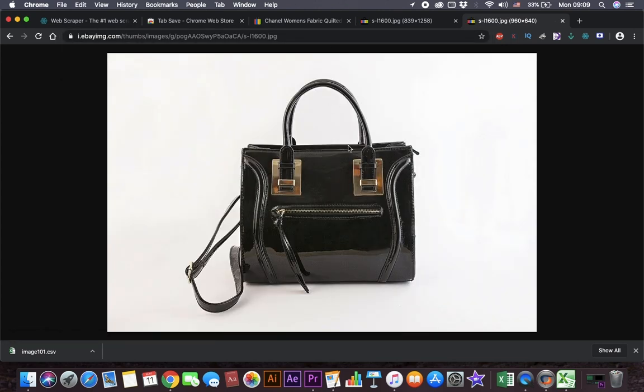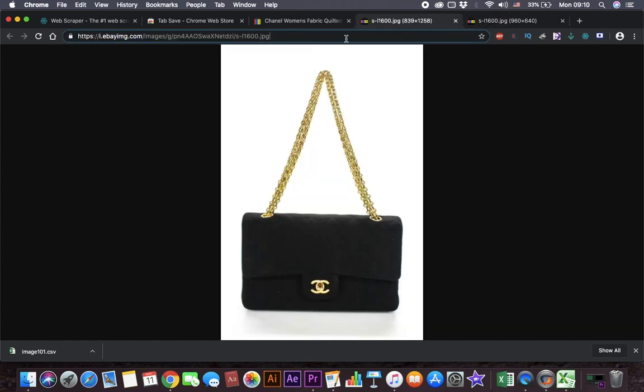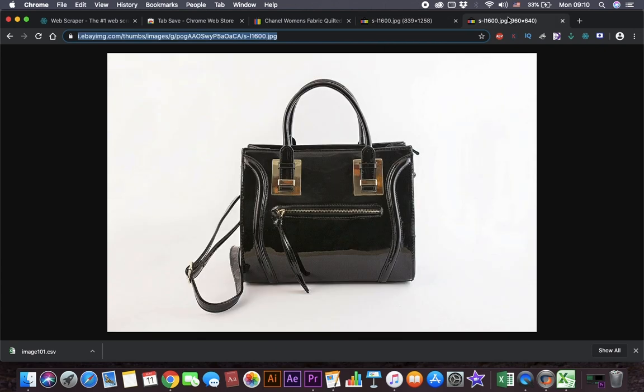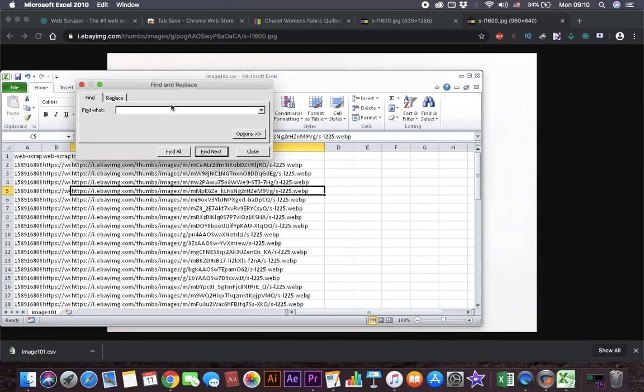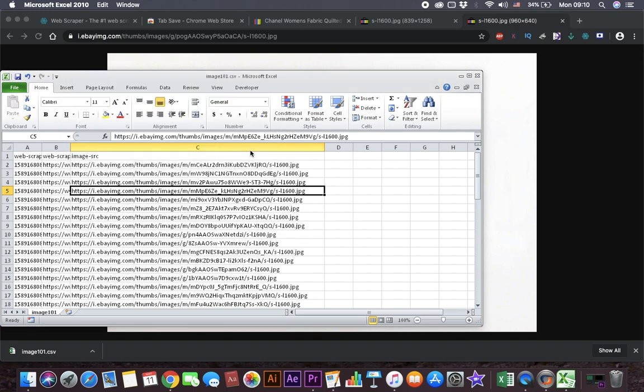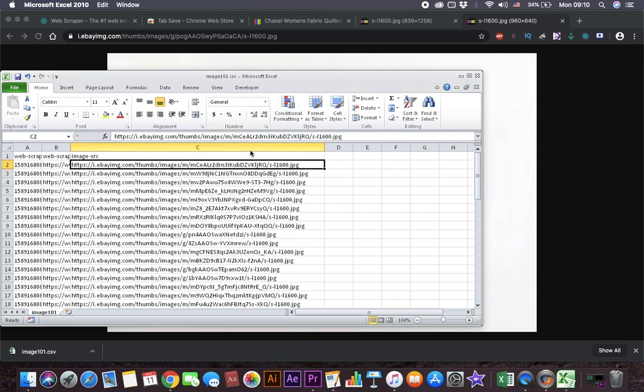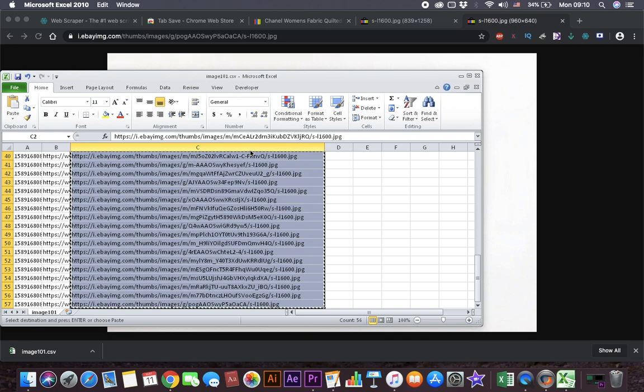Pretty much all the image hosting websites out there have this little tweak between a high-res image and its thumbnail, which, I'm sure as you all just noticed, is super easy to spot. Now we have to just carry out the tweak in the Excel where we have all these URLs stored. We do a simple find and replace function in Excel, and thus we have successfully converted all the low-res thumbnail image URLs to their respective high-resolution counterparts.